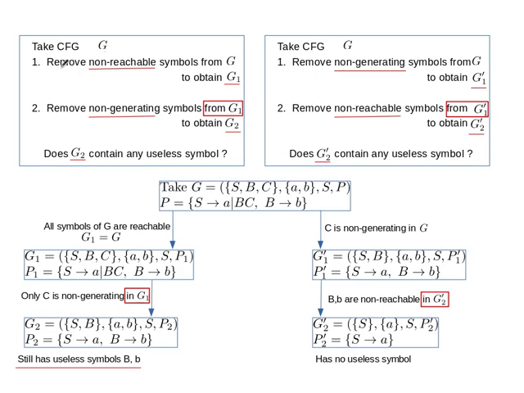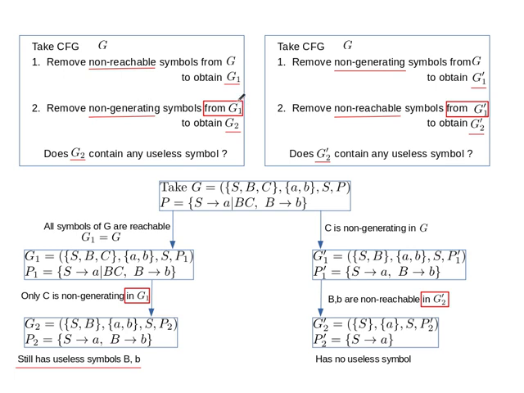Now suppose we find all the non-reachable symbols in G, and then we remove them. So we obtain some G1, and we know that this G1 is equivalent to this G. Obviously we will assume that the language is non-empty. I'm not writing that explicitly, but the language is not empty. So this G1 is equivalent to G, and then suppose we find all the non-generating symbols in